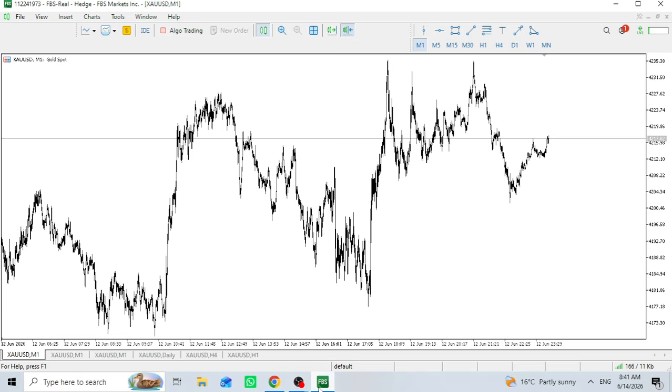Hello everyone. This is full course 2, Introduction to Trading, and I will start with a question. Do you know the difference between an A-book broker and a B-book broker? Do you know market is driven by time, price and value? If you don't know that, then you missed learning the proper introduction to trading.